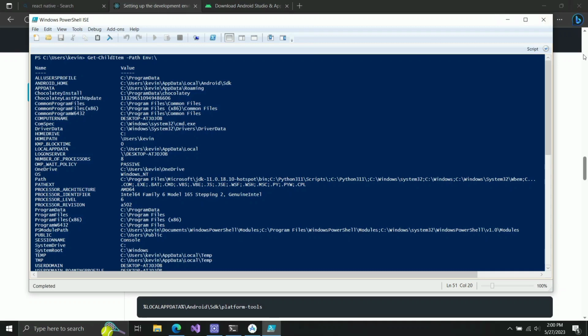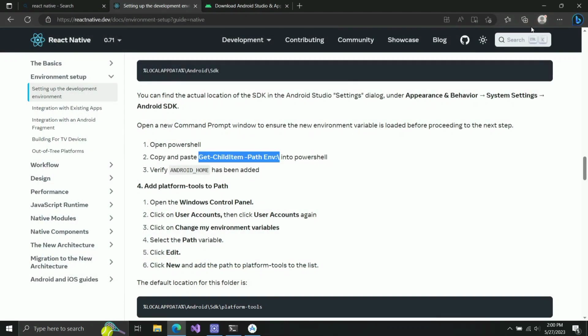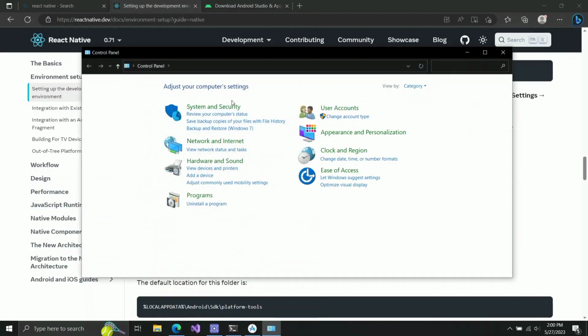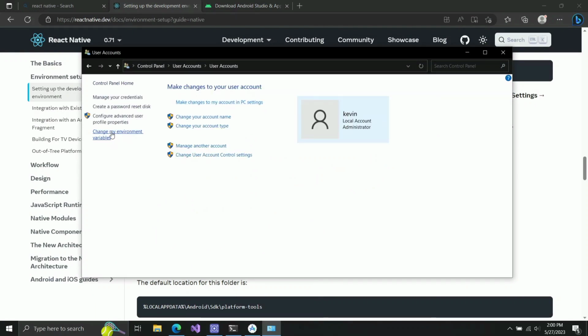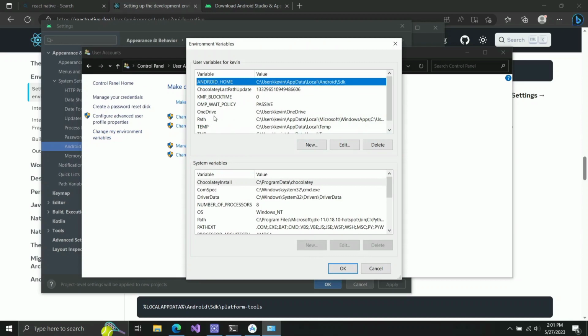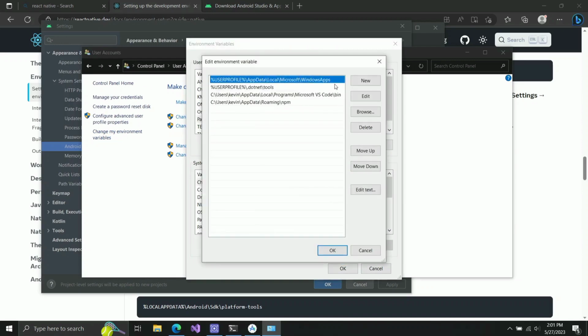All right, so let's X out of this quickly, and then here we're going to go back to the environment variable, user account, change my environment variables, and then double click on the path, and then select new, and then paste the same path, and then here we're going to add on to it. Let's go to the very end. So we're going to add on to it